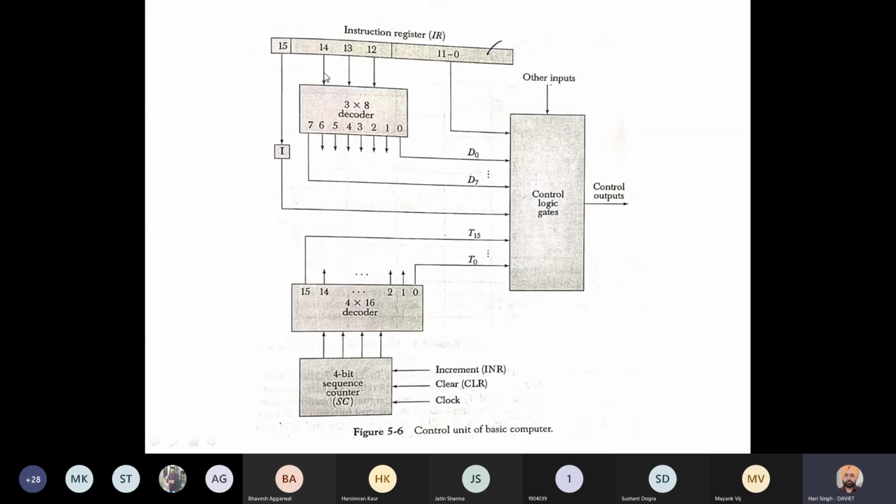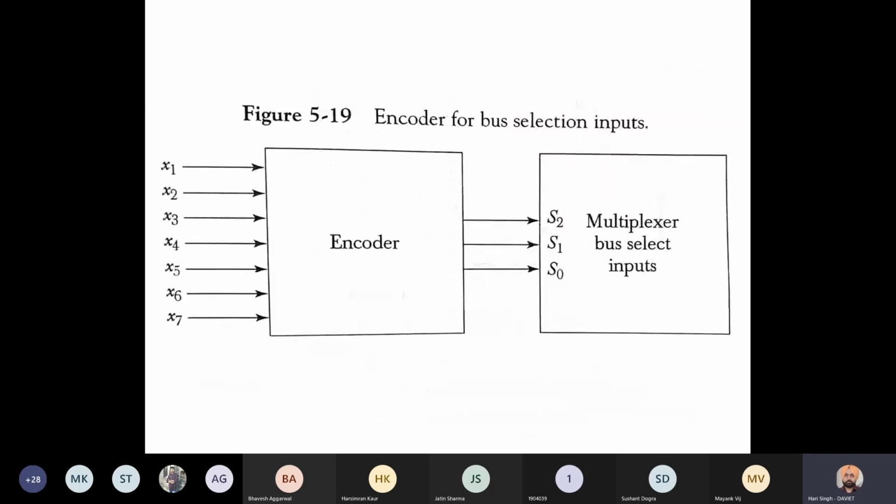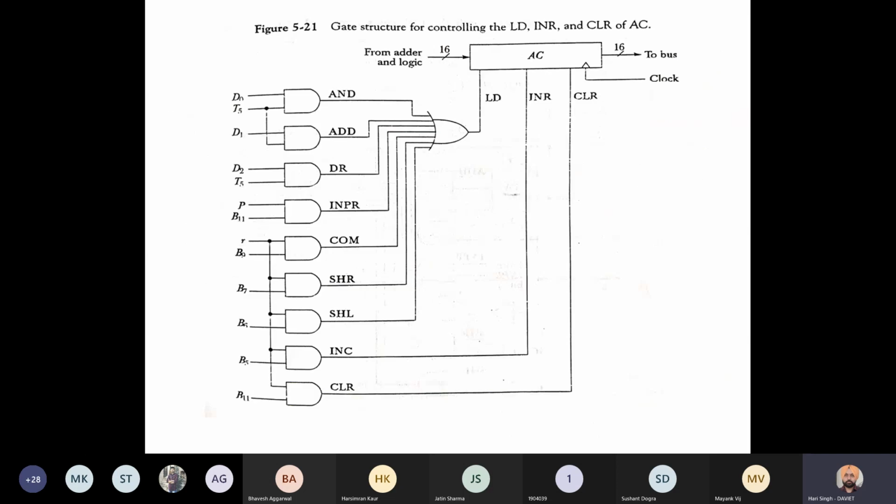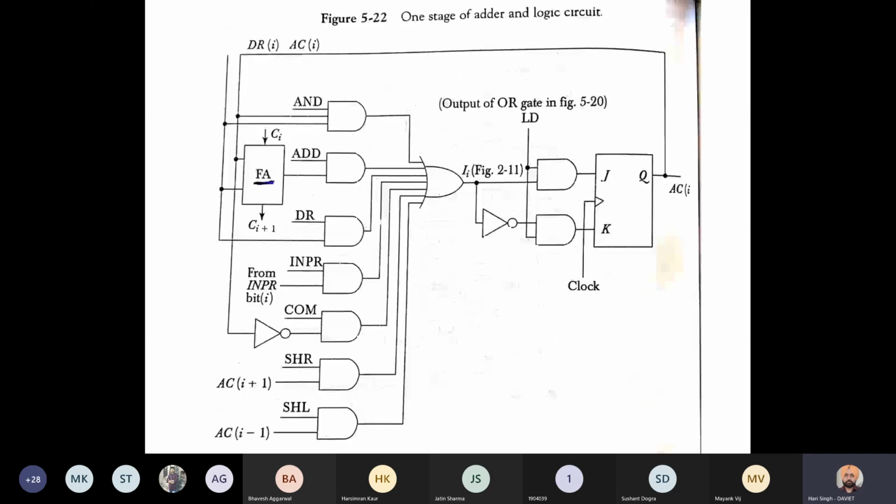Inputs are received from the operation code through a 4 into 16 decoder, and other information can come from the accumulator, the data register and flip-flops. The control logic gates generate various control signals which are required in the execution of the instructions. So this is all about the hardwired type of control and the design of a hypothetical computer based on hardwired control.